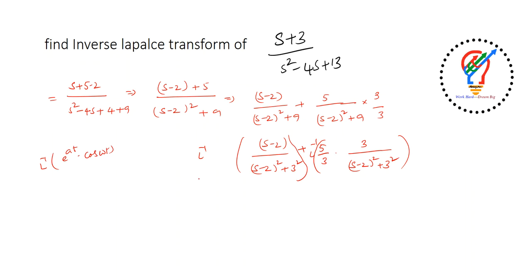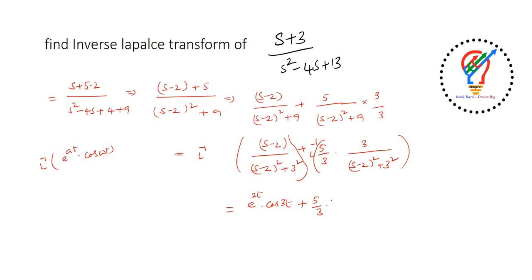Okay, so simply with respect to this formula I can write e power, it is 2t, e power 2t. So this entire value is nothing but cos 3t. Okay, so this can be written as like this, e power 2t into cos 3t plus here